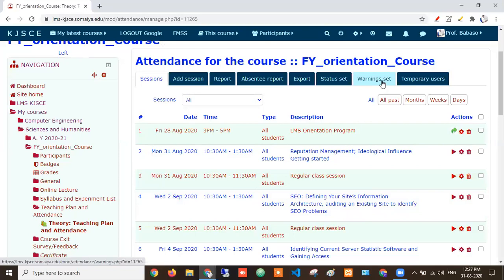Notification I kept only for the warning set. So after 5 sessions, if they are defaulters, then only the LMS will send the attendance defaulter notification. I was telling my students this in the lecture, but students know that I am cross-checking the attendance. Whoever is present in that session comes here and marks themselves present.